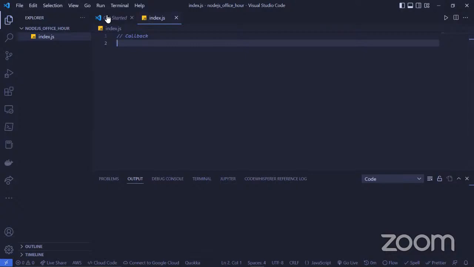So promises, before we enter callback, promises is a way of dealing with asynchronous data. You use promises, you use awaits to help you deal with asynchronous data. Callback is also an important tool when you want to use these things.